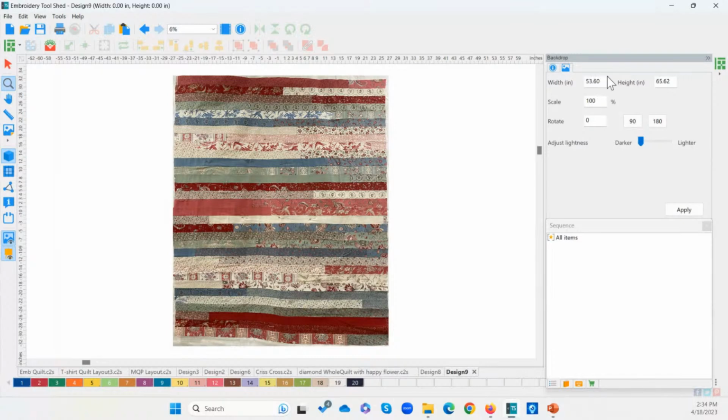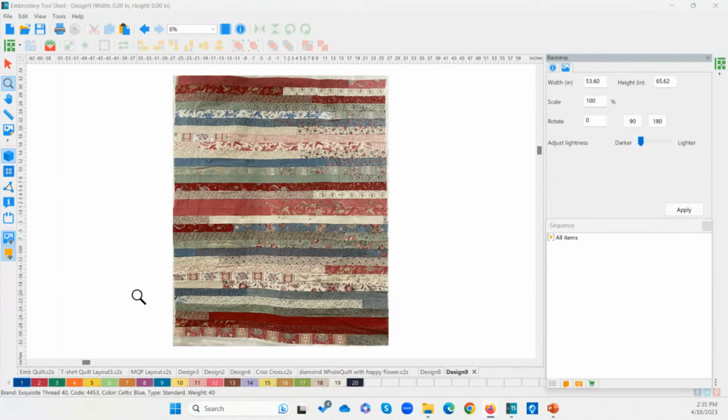So it says that this is a 53.6 by 65.62. That is the size of the entire image, not just the quilt. So a lot of times when you take a picture of your quilt, there's some excess stuff around it, but you only put in the measurements of the quilt top so that it is the correct size.